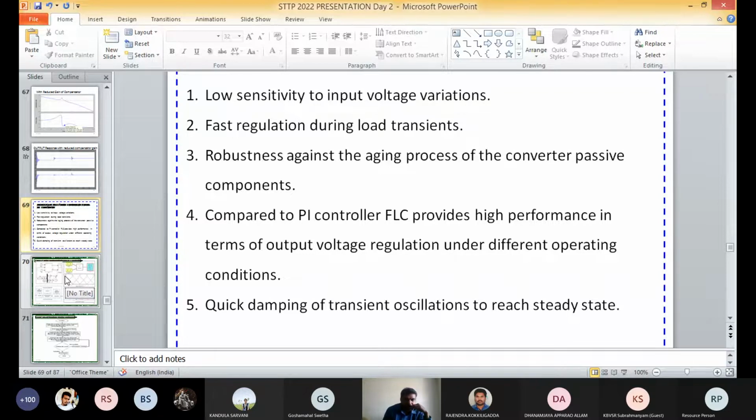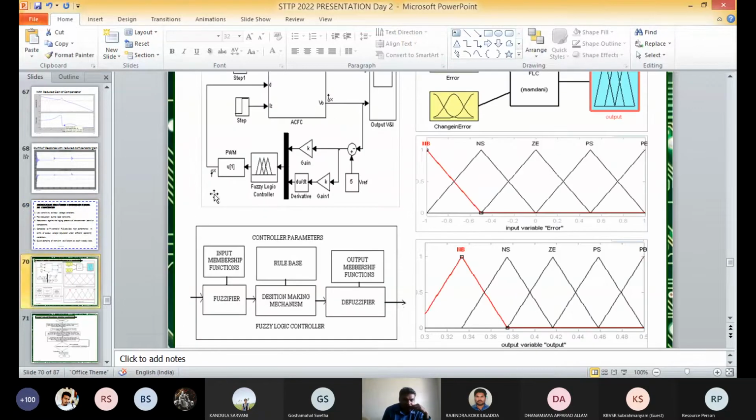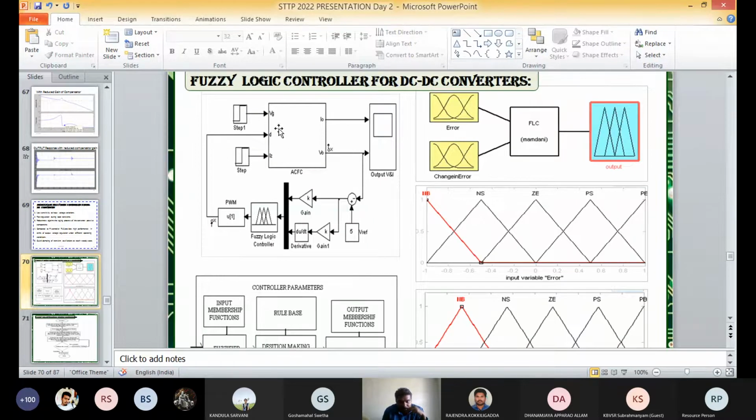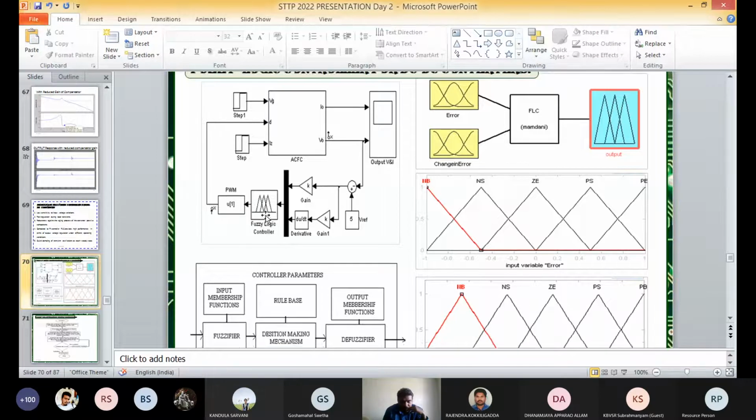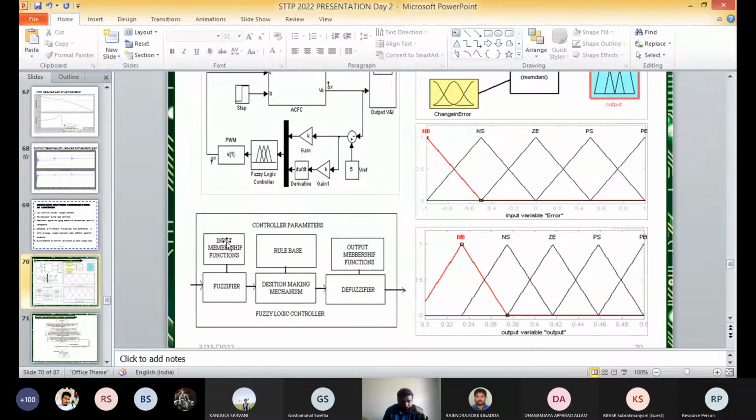So what does fuzzy logic controller mean? Here is our basic compensator control for the DC to DC converter. We take the output voltage as feedback and compare it with the desired output voltage, the V reference value, and we get the error signal. This is the fuzzy logic controller. Inside it we need to write the input membership functions and output membership functions, and there is a fuzzifier, decision maker mechanism